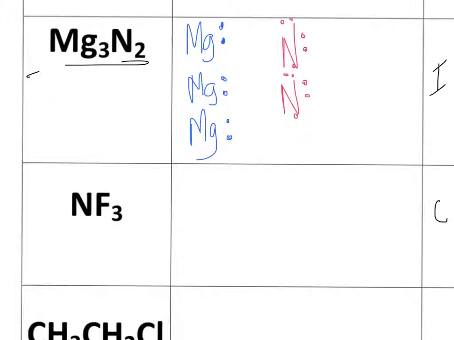So what will happen is there will be a transfer of electrons. 3 will go to one nitrogen, and 3 will go to the other nitrogen. And that is the transfer. And then the last step is to write it in its new form. And what we end up with is